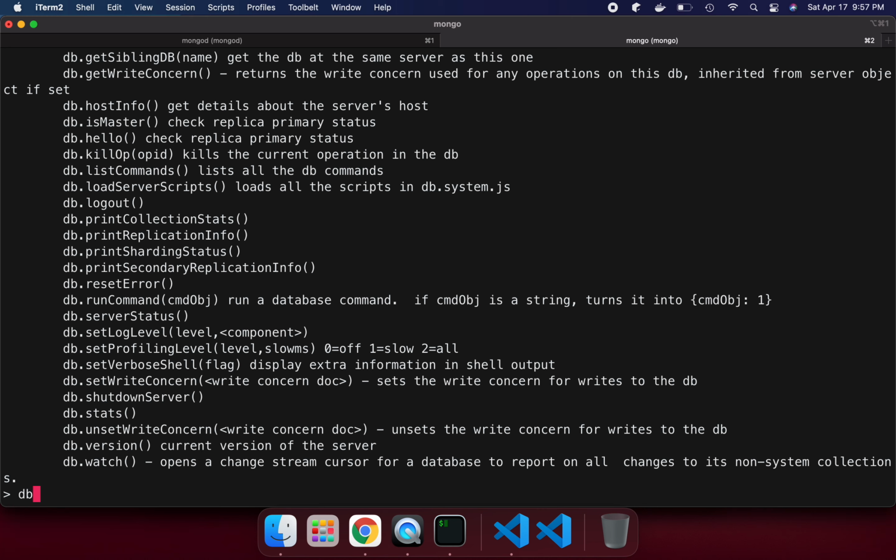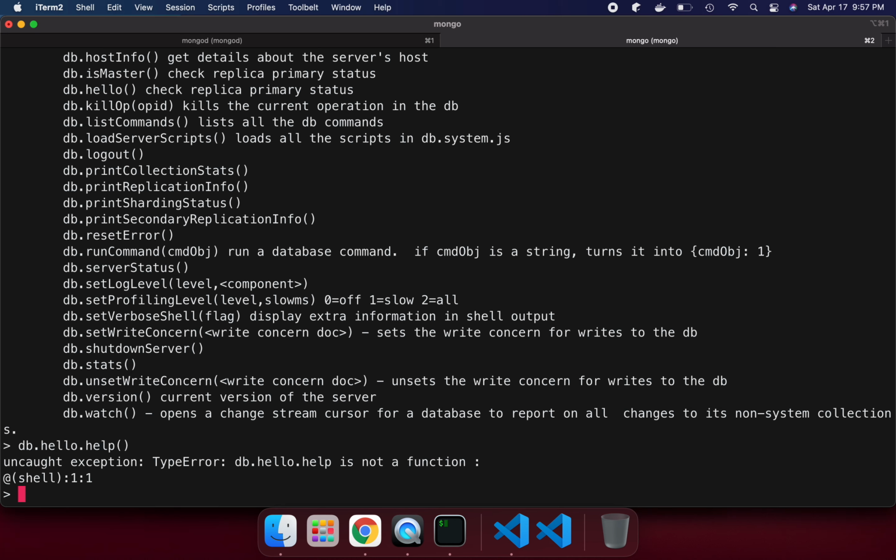Suppose I am creating one collection, db.hello, and I want to get help related to this collection, so we can say help. We can see all the help is available.